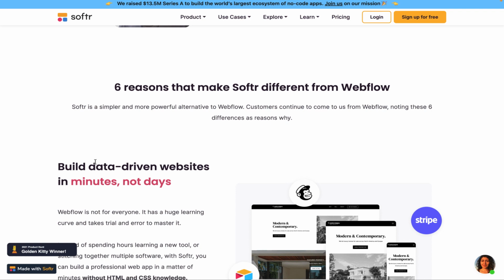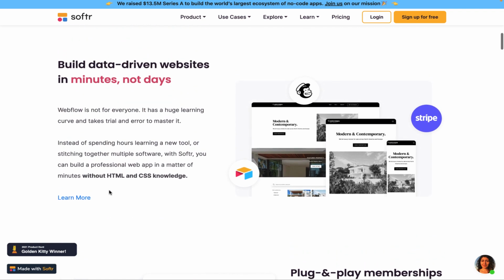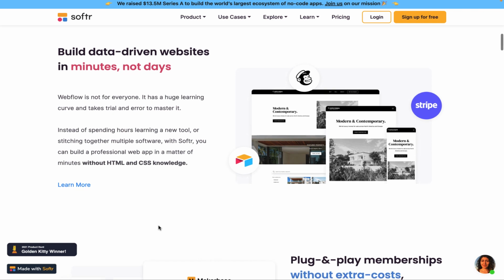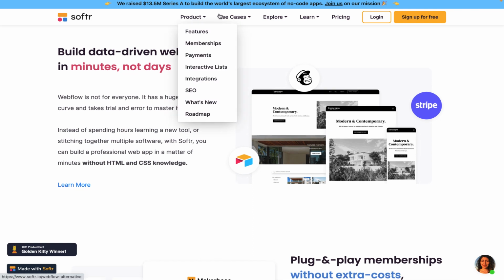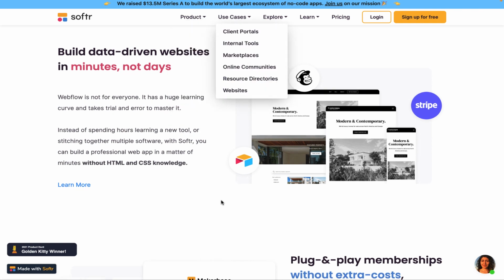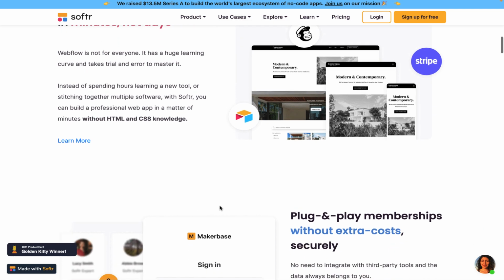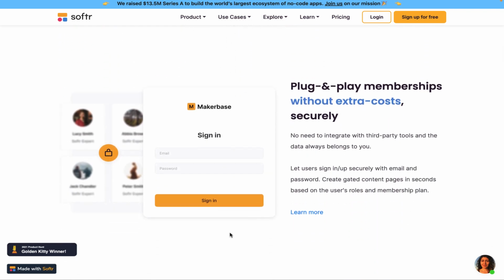Number 1, you can build data-driven websites in minutes and not days. Again, if you're going to be looking at different use cases or using their templates, you can spin them up very quickly. Also, you're going to be able to do a plug and play membership without extra costs and securely.